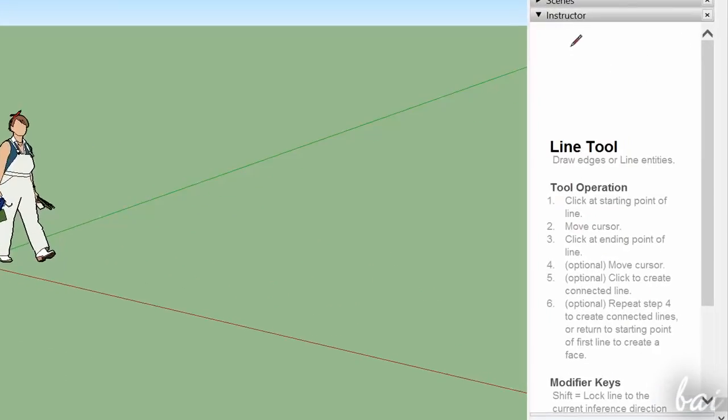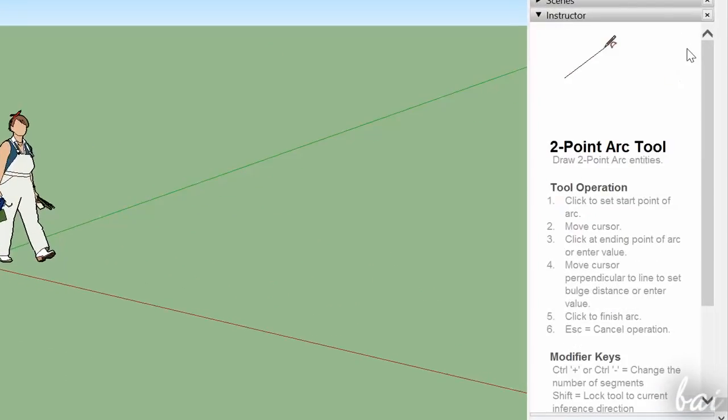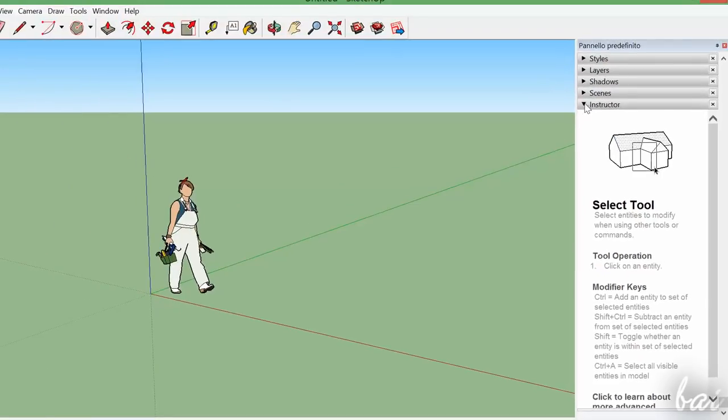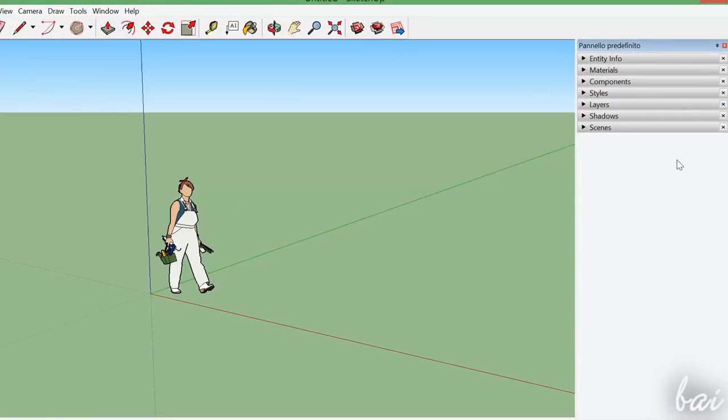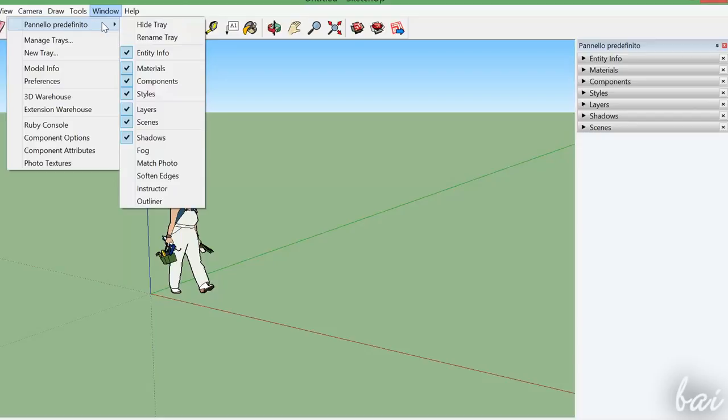Often check out the instructor panel that suggests useful tips while you work, especially for your first projects. In case you close any of these panels by mistake, you can open them again by going to the Window tab